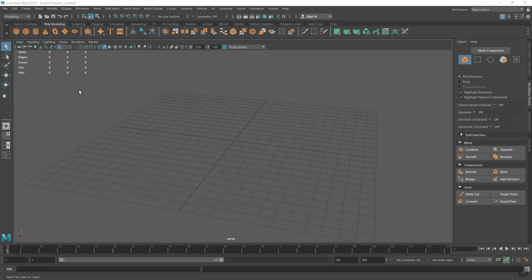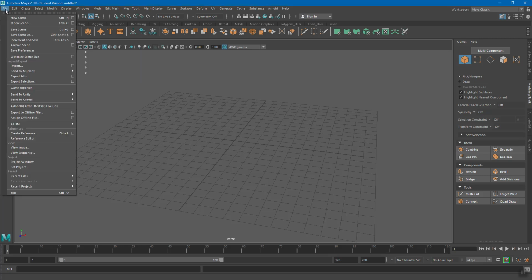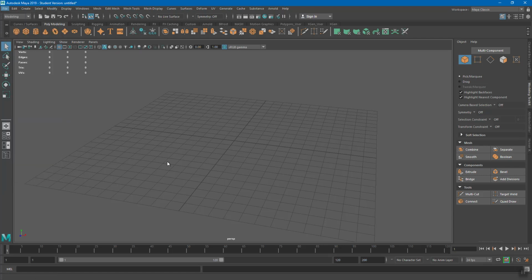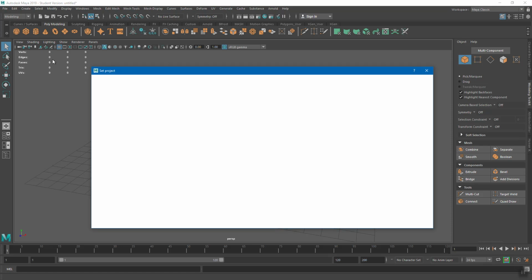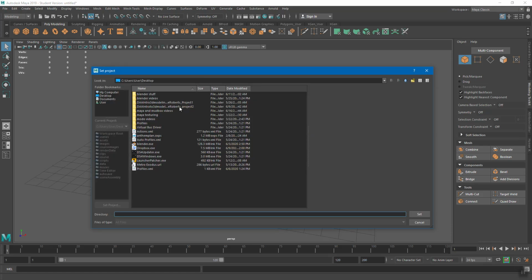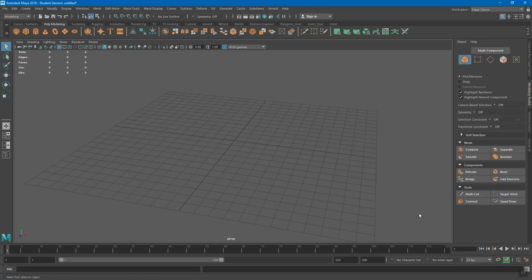So as usual, what we're going to do is set our project, right? So we're going to go File, Set Project. Give it a minute to pop up there, and then there's Project 2, and we'll set that. And of course that makes it the active project, so that particularly any image files Maya will be able